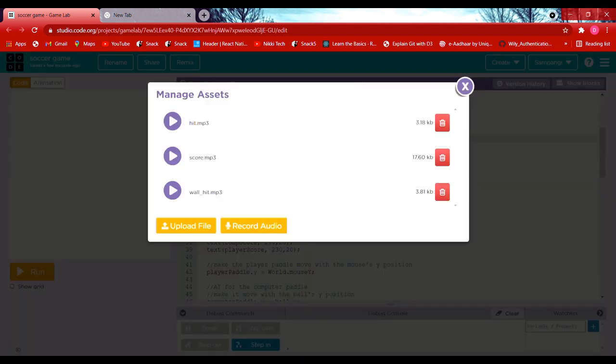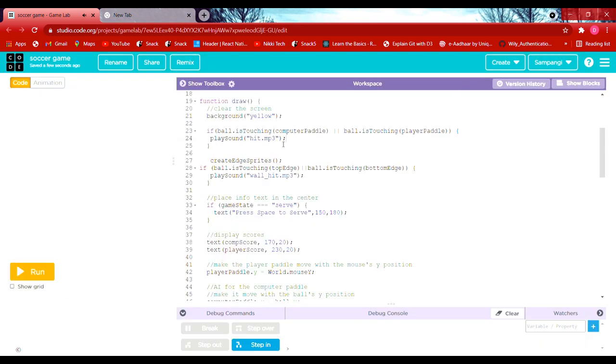Here you can upload a file or record audio, your own audio for the sound that should come when it touches the player paddle and the computer paddle, or you can upload a song which you have on the computer. So I have it.mp3, so it should play a sound like this. If the ball is touching the computer paddle or the player paddle, the sound should play.